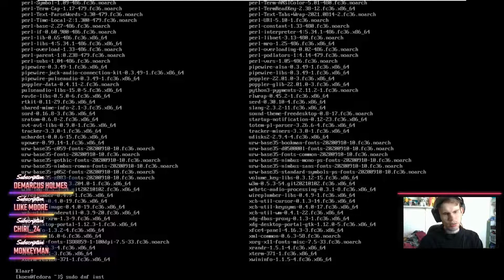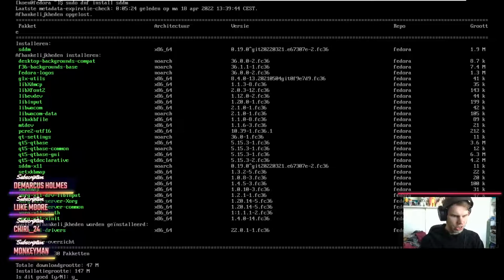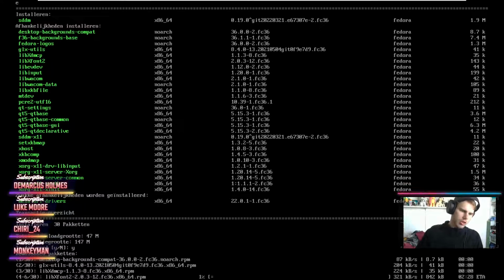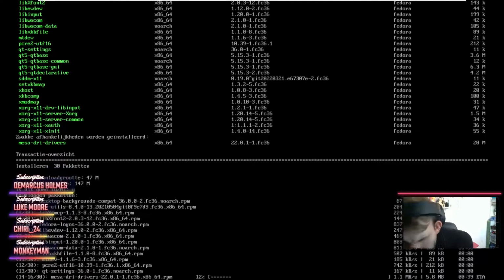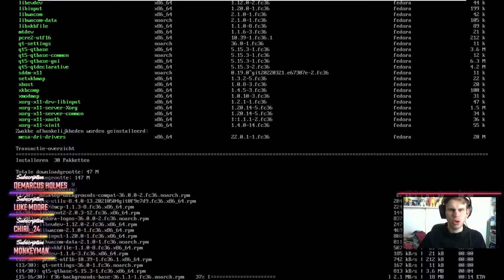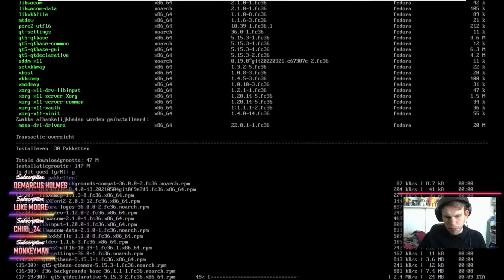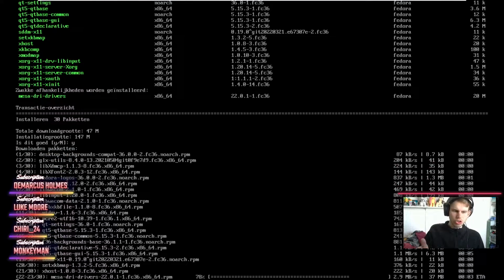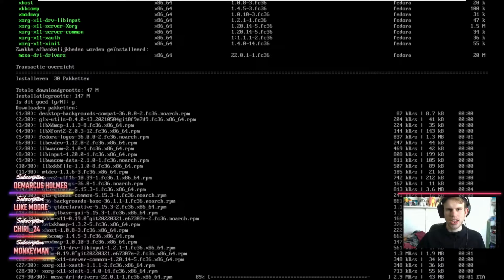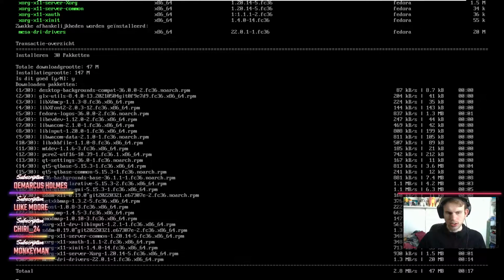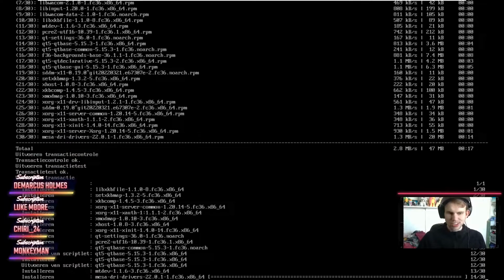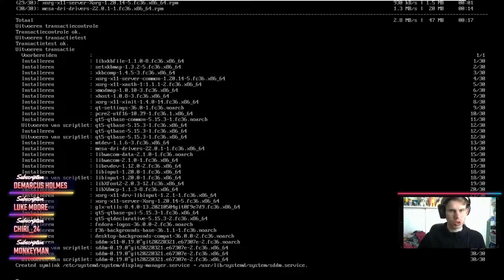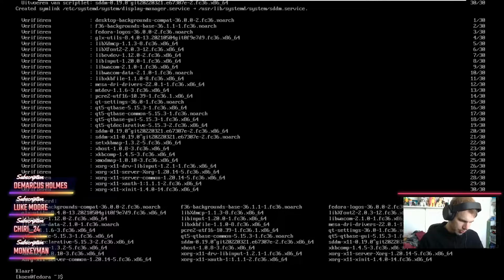I also just now realized that I haven't installed a display manager yet, so I need to install that real quick. SDDM for our display manager. And your display manager, in case you don't know, is just your login manager. So you boot into your system, the first thing you see is a login screen of some kind, which is great. SDDM is also very customizable. There's a lot of stuff that you can do inside of there.